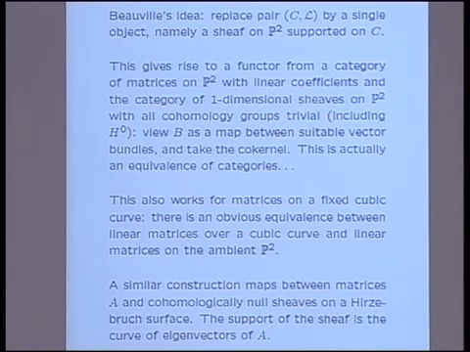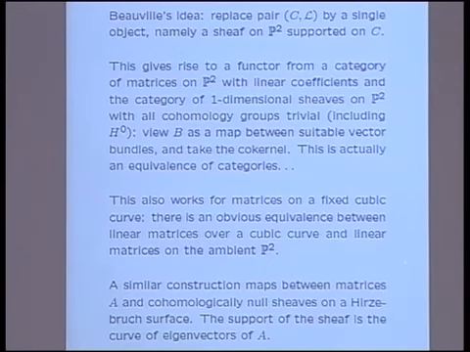Okay, and similarly, if you fix a cubic curve in the plane, and want to talk about matrices on that cubic curve with linear coefficients, well, you just interpret those linear coefficients as linear polynomials on P2, and that again is going to be completely an equivalence of those categories.